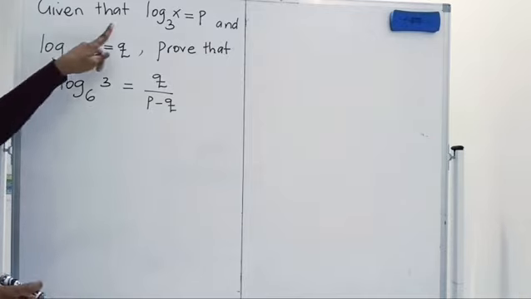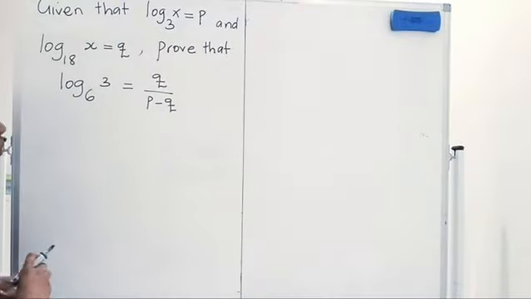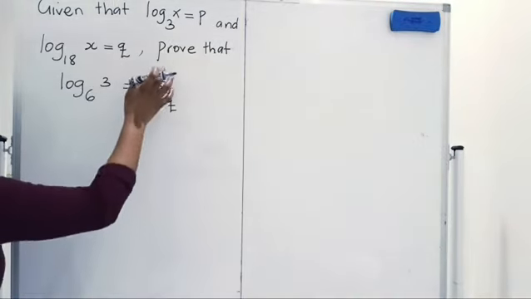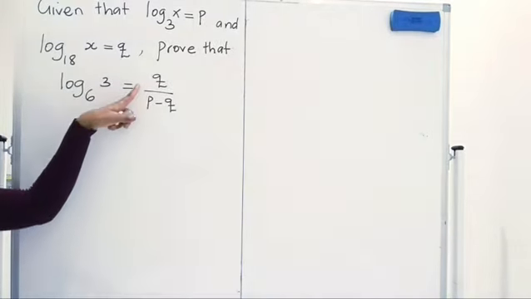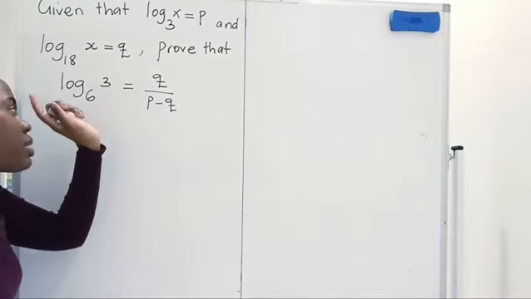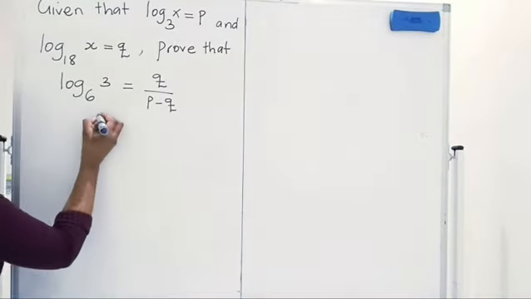So it is given that log 3 of x is equal to p and log 18 of x is equal to q. Prove that log 6 of 3 is equal to q divided by p minus q. So in our solution,